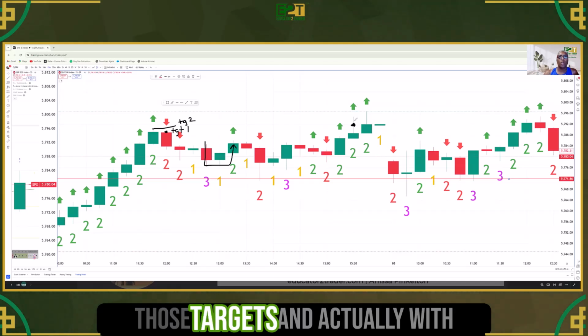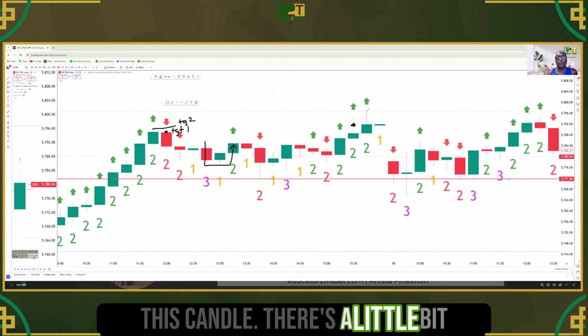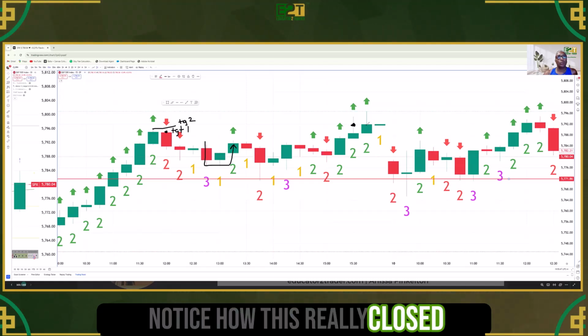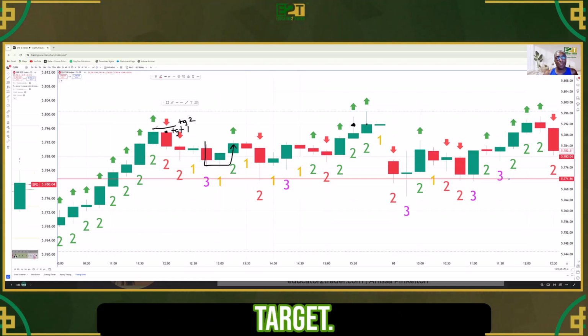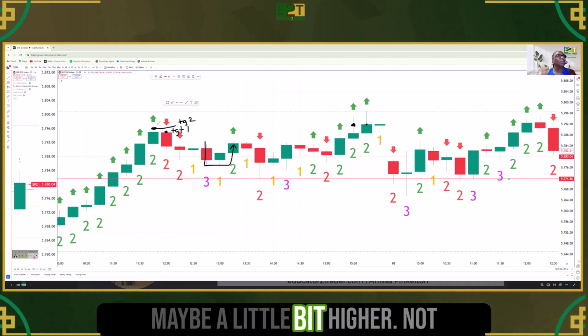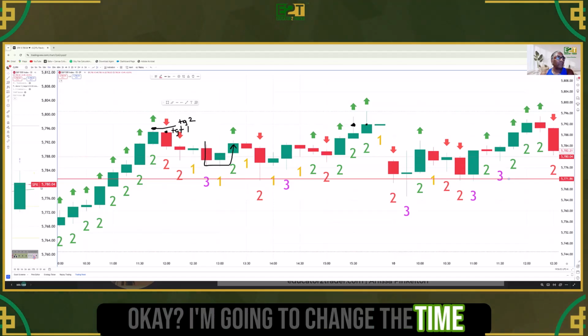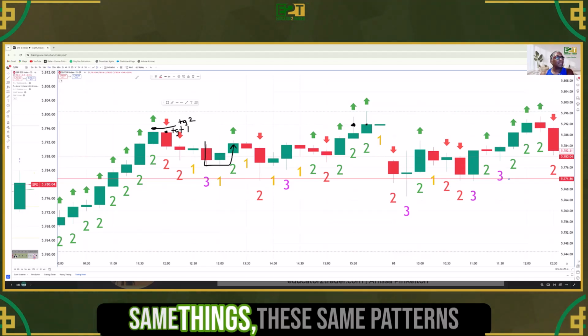It's both those targets, and actually this candle goes a little bit higher and then pulls back. Notice how this really closed around the same place as this target. Maybe a little bit higher. It's not exact. Okay, I'm going to change the time frame so you can see that these same patterns that we're looking at,